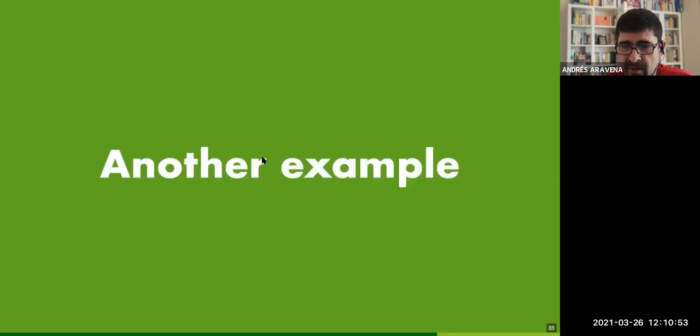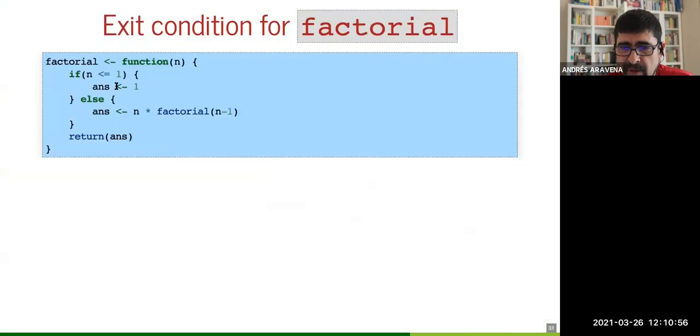Okay, there's a question here. Why here did we use less than or equal and not the less-than arrow? The reason is because they have a completely different meaning. This is an order: take the number 1 and put it inside n. This one is not an order. This is a question: is it true or false that n is less than or equal to 1? This is a question. This is an order.